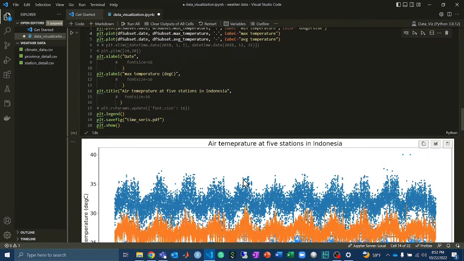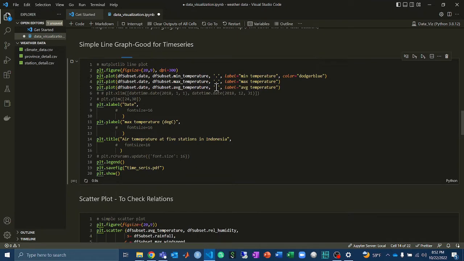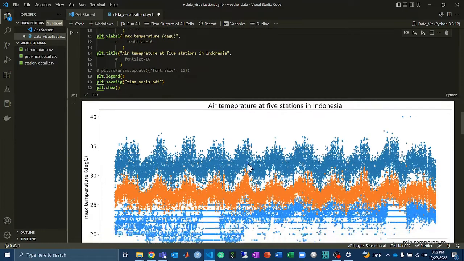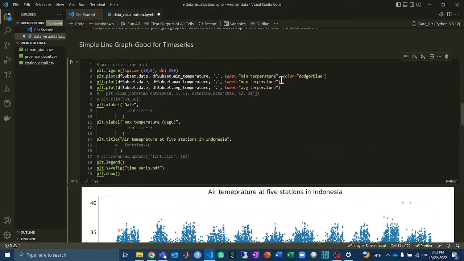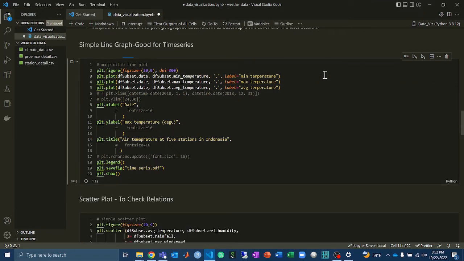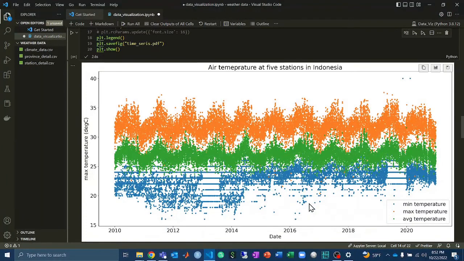Cool. Okay, so for the time being I'm changing this one into a dot using a marker. Okay, so now I have maximum temperature. I don't want to do this right now. Okay, plot it again. Okay, so now I have my minimum temperature in blue, maximum temperature in orange, and average